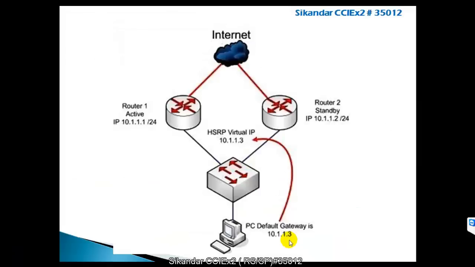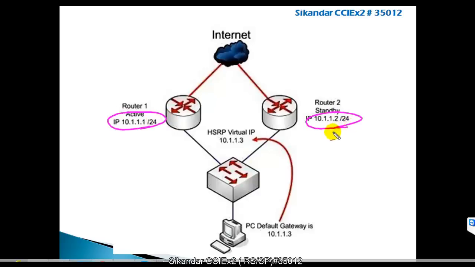Here I can see the same concept. We are not assigning this gateway address and we are not assigning this gateway address. These are the actual physical interface addresses, where one is going to act as the active router. Active means primary in HSRP terminology, and standby is the backup or secondary. So we are not going to define these gateway addresses. Instead, we are going to define the virtual IP address, which will act as the gateway for all the users in my LAN.